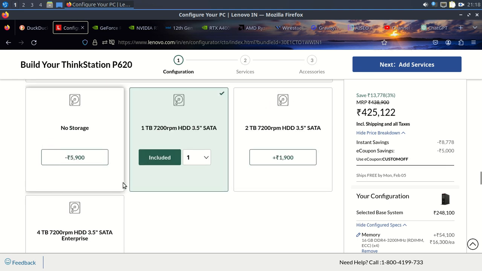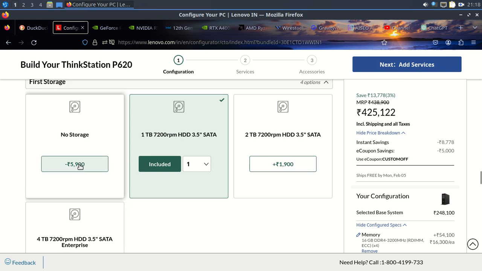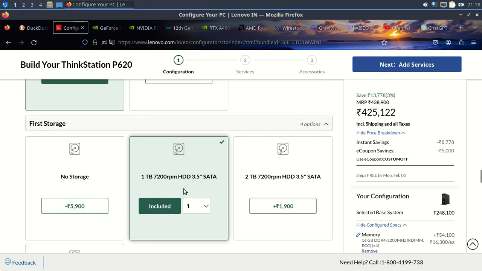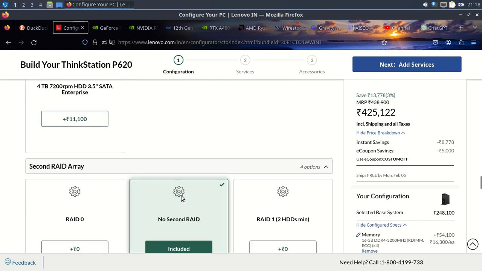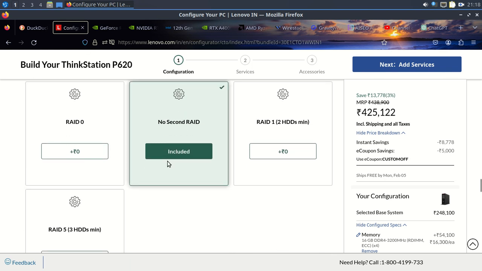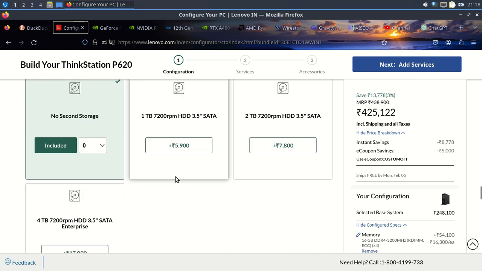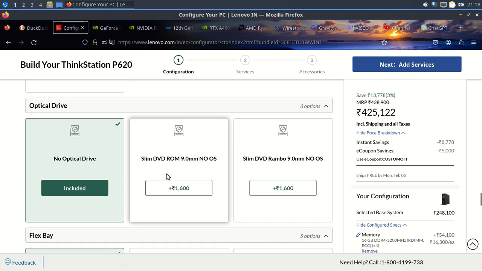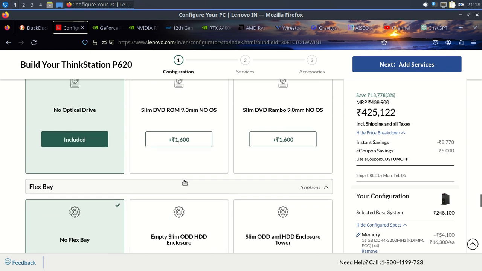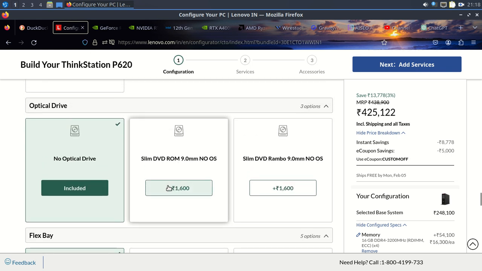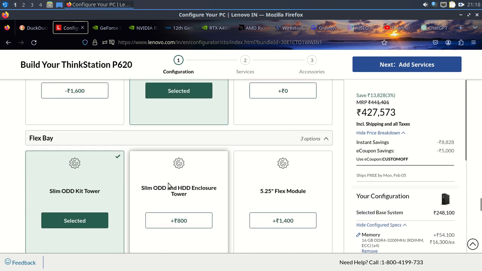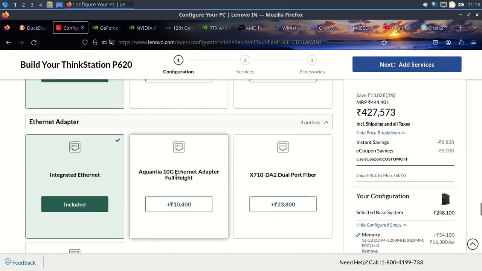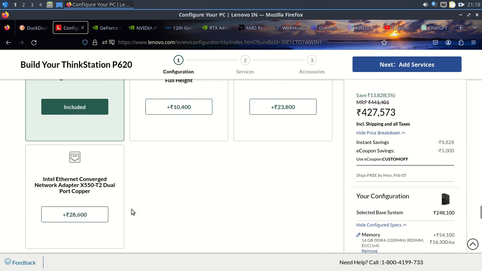Storage, no storage. Hard disk RPM, hard disk type. First storage 1 TB hard disk is okay because I don't want to install Windows. I want to buy Linux on here, or Fedora or Ubuntu. And this one, slim DVD-ROM, I want to add it here, and Ethernet, integrated Ethernet, including